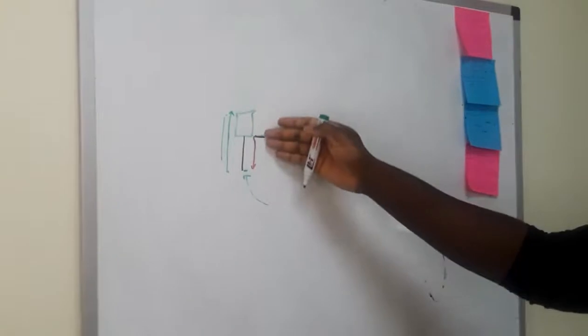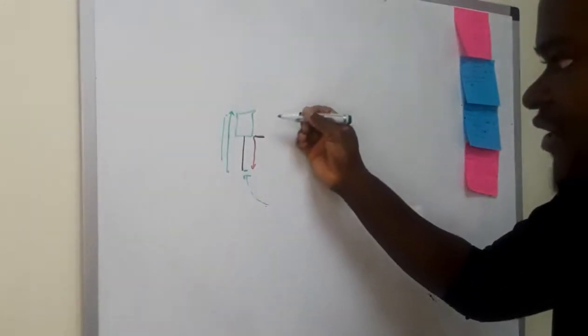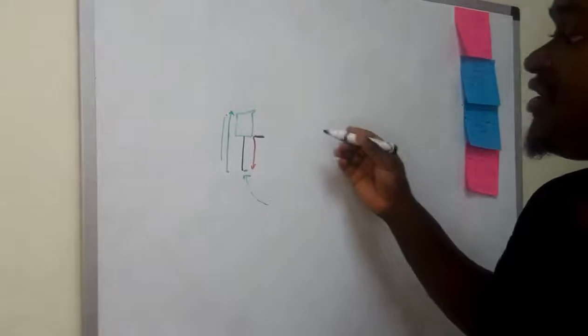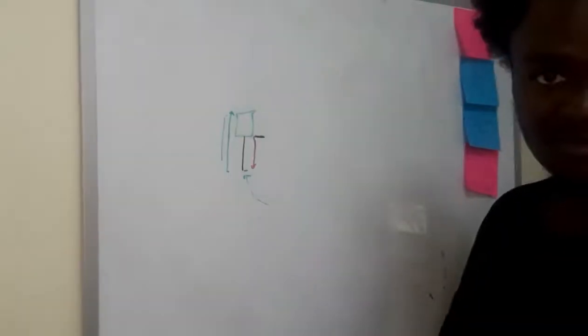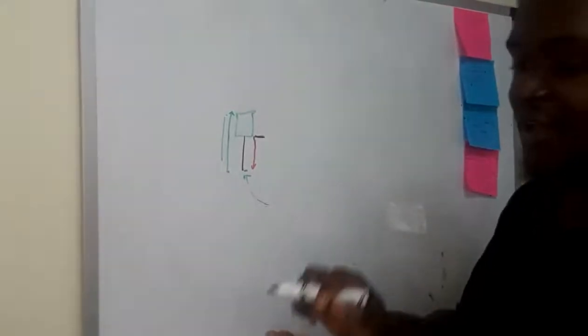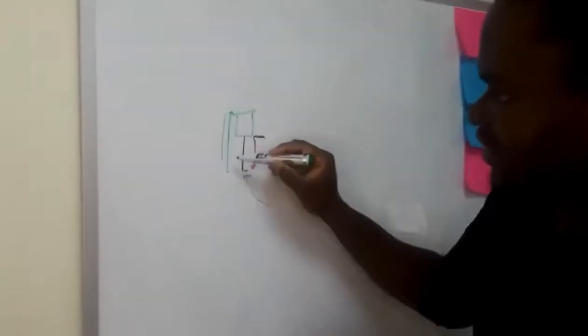Now this, to all of us, looks like some kind of hammer. It looks like a hammer. So since we all agree that this looks like a hammer, the other people have decided to call it a bullish hammer. So it's basically a hammer that is bullish, because we said that if the price is continuously moving